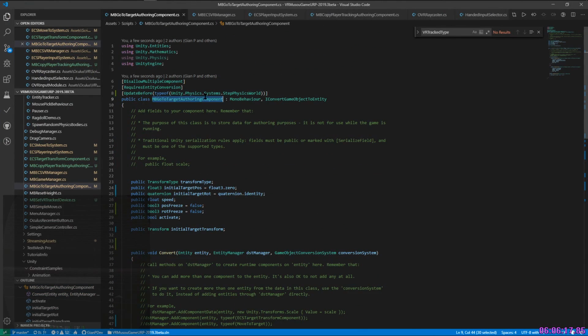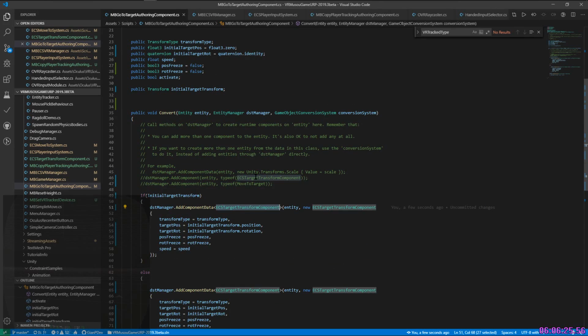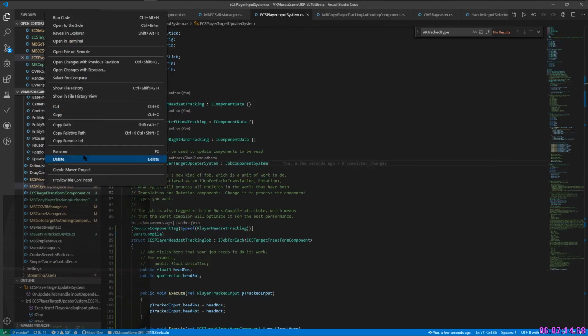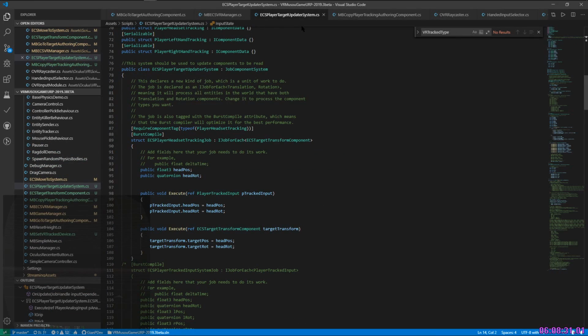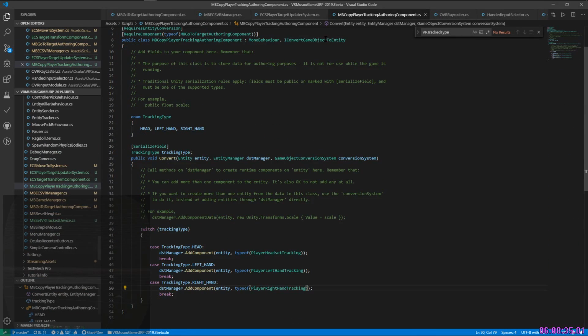Every entity that has a target, go to target component, ECS target, they should also have an updater. They need an updater. Ideally you want an updater and an authoring component to put the updater type. And I guess I